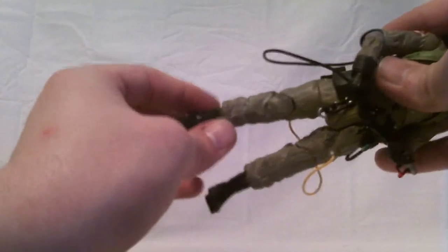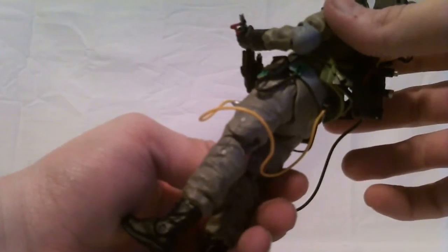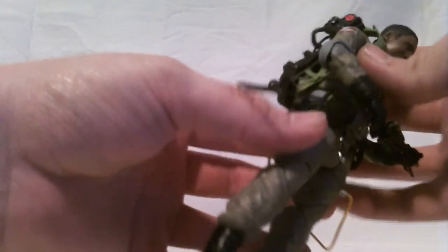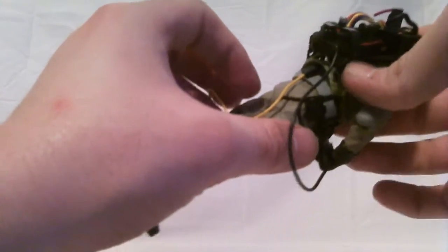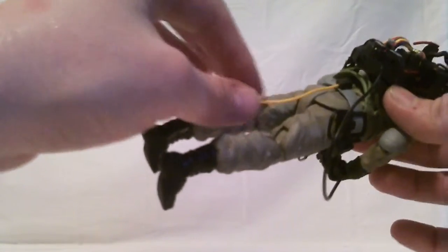He suffers from the same rather splotchy paint wash that the Ray figure has, and I have a feeling that's going to probably be a consistent thing. Once again, the thrower will not hook properly onto the pack here. It will slightly, but the slightest movement will pop it right off the pack. I'm going to have to take some hot water and see if I can straighten out the hose a little bit so that it hangs instead of,